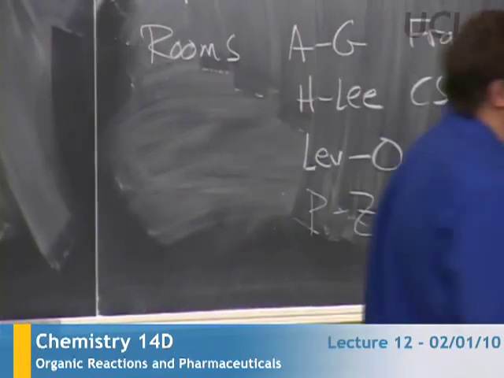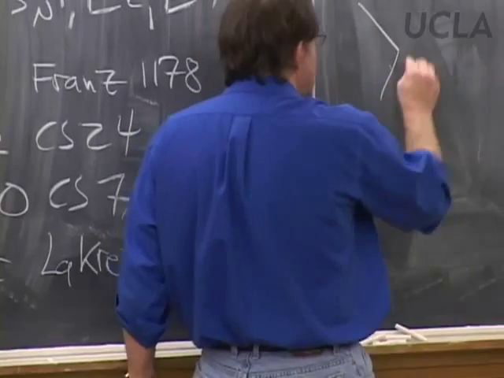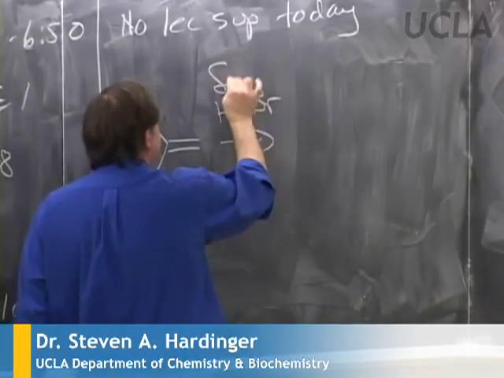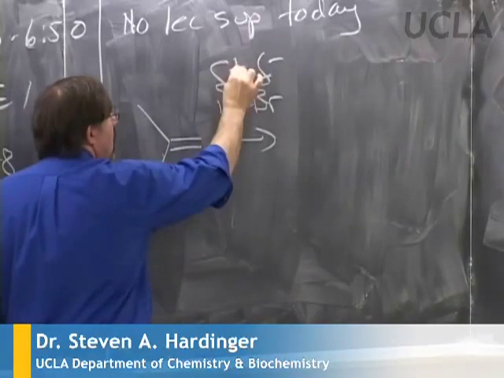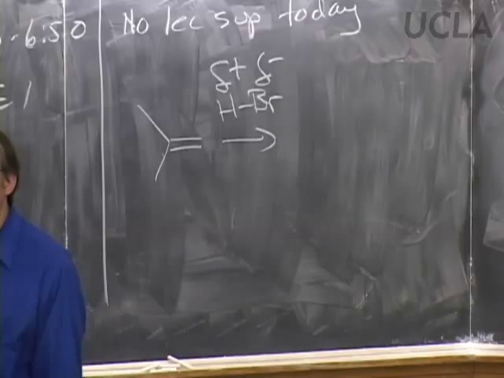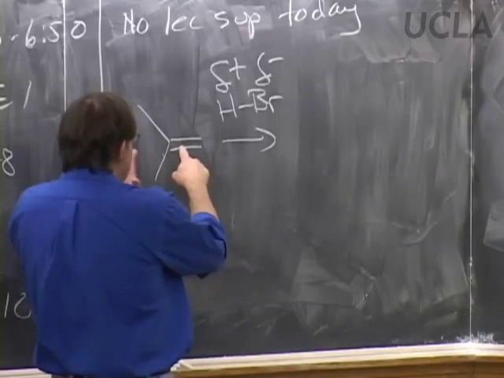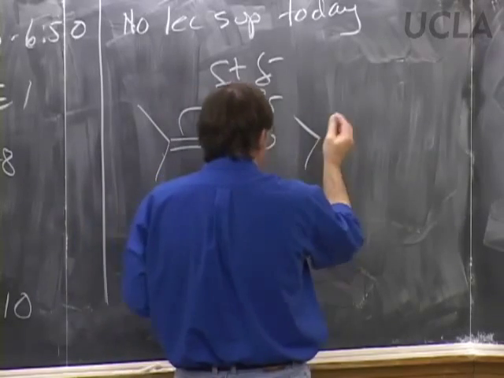All right. Now let's shift our attention then to addition to carbon-carbon pi bonds. And we've been talking about reactions with electrophiles. The last time we talked about the reaction of isobutylene with HBr. The HBr we can identify as an electrophile because the hydrogen-bromine bond is polarized in a way that puts a delta plus on the hydrogen, because hydrogen is less electronegative than bromine. We have the nucleophile on the pi bond, so there is our first step, which can